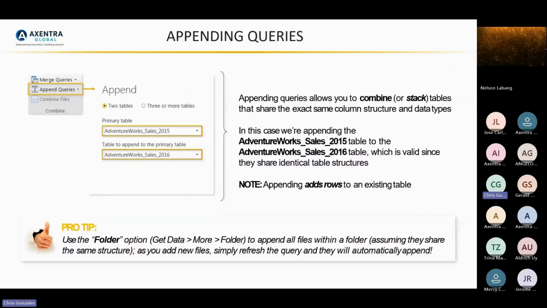All right, there are 2 ways to append. You can import the file one by one, and then at the end, you can simply click the append button or append queries, then combine them. I don't actually prefer that kind of process because, let's say you have 2015, 2016, and 2017.